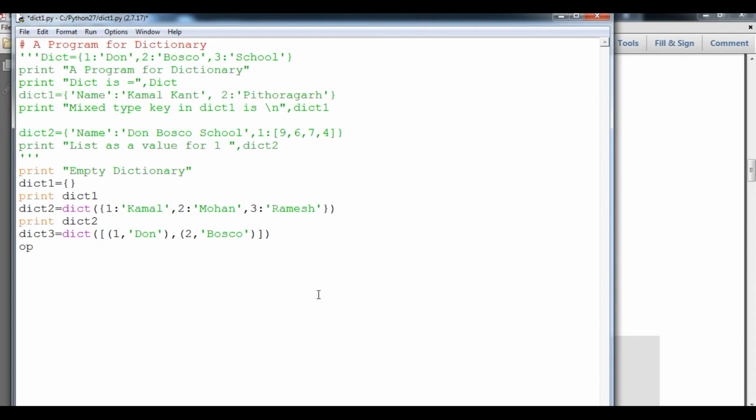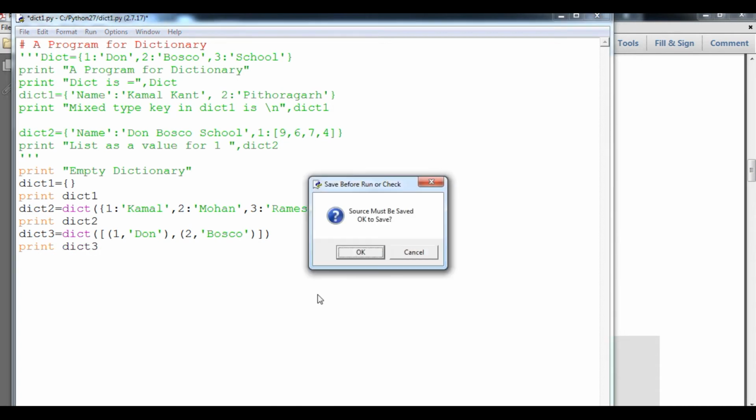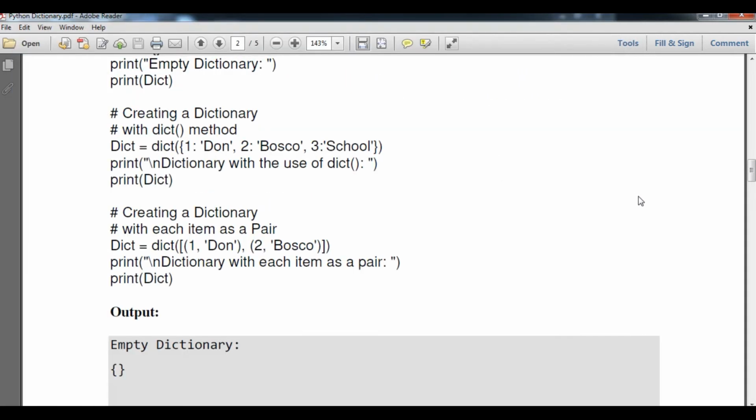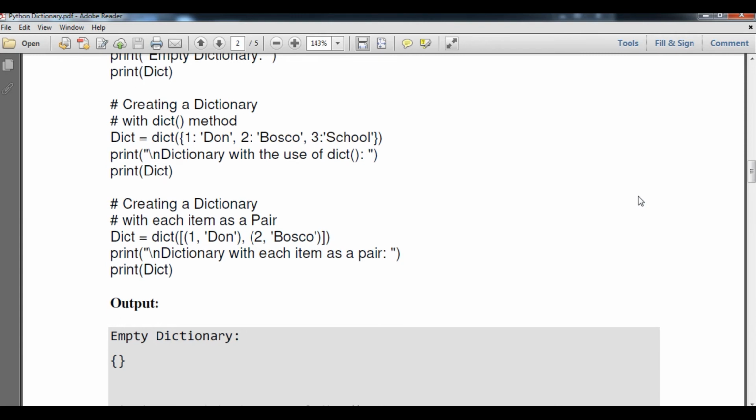After that, I have to just print dict3. Now you can see our next dictionary is printed here. Now you can see Don Bosco. So there are a few methods, student, by which we have learned how to create a dictionary by providing key value pairs, by empty dictionary, by curly braces, and by using the dict typecast function also.